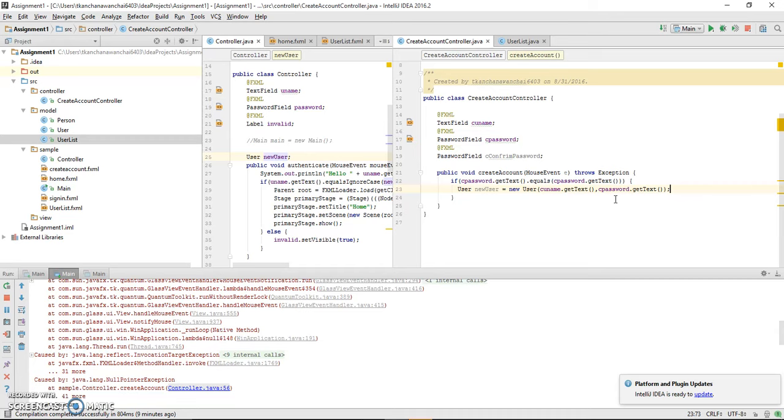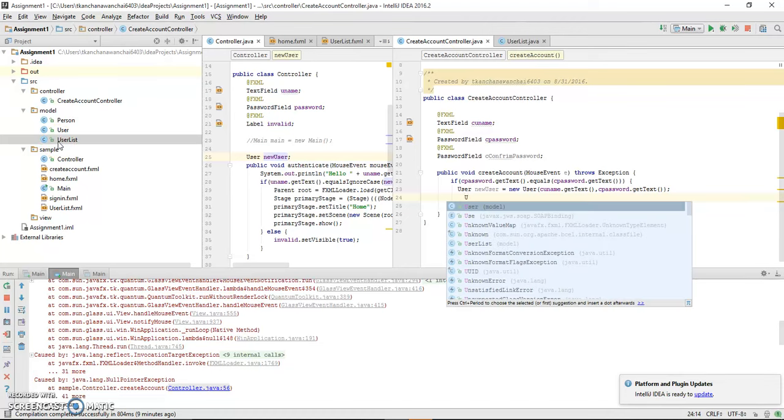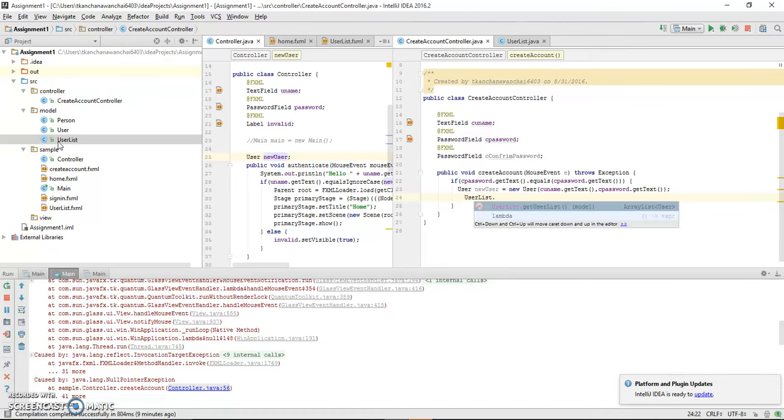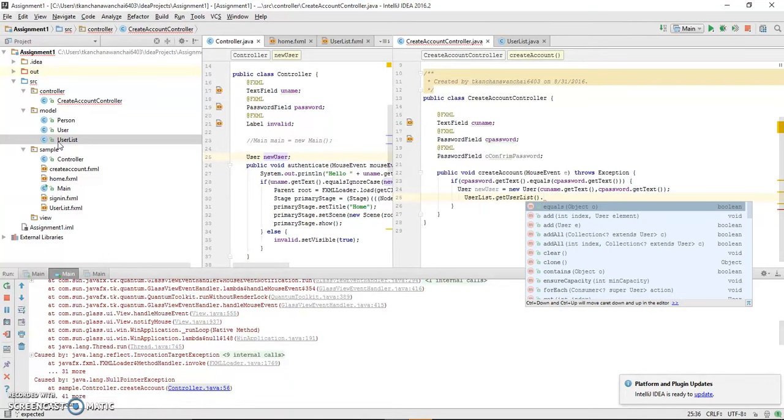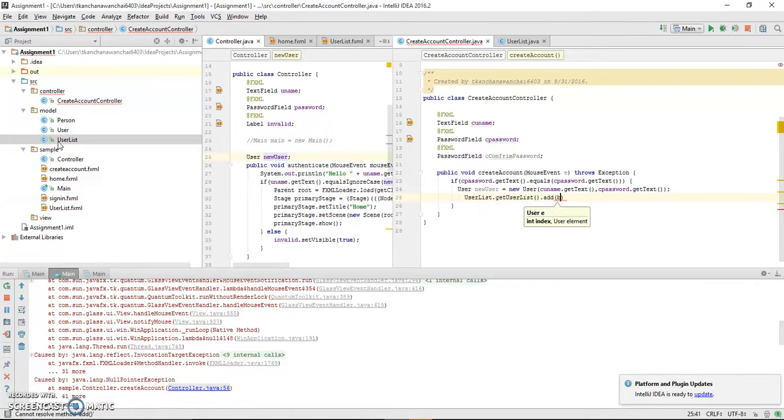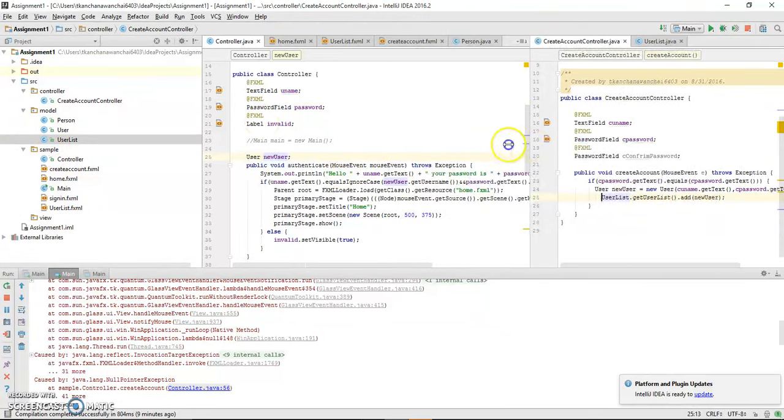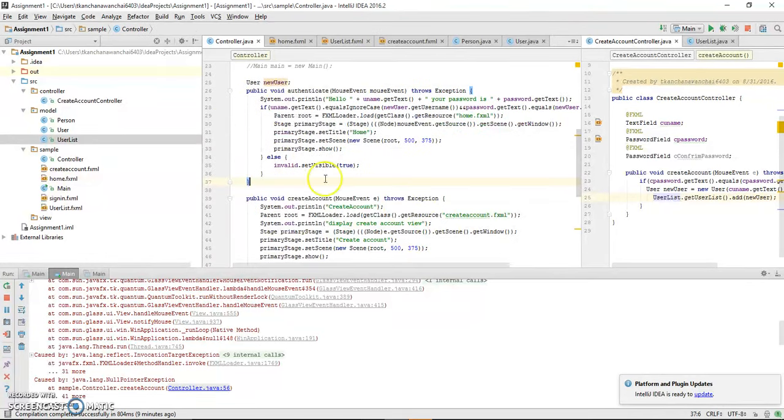Now, we can get a list from here, right? What's the list name? User list dot get user list dot add the user, which is new user. Once you create a user, you have it in a list. And we can authenticate now, which instead of relying on that,